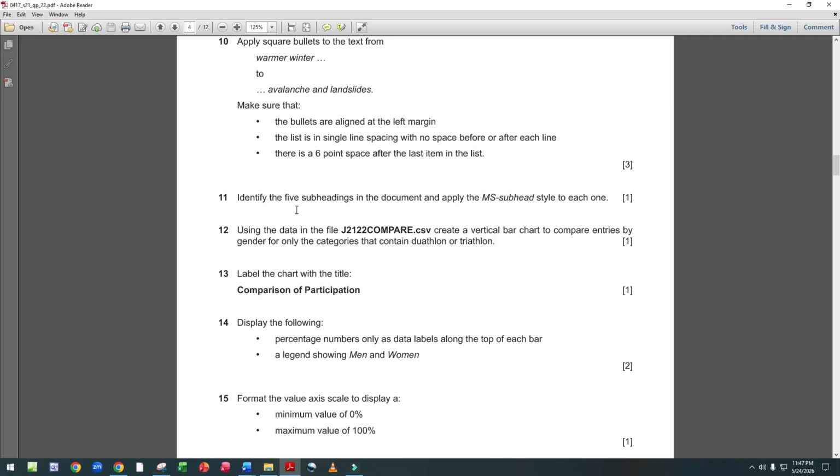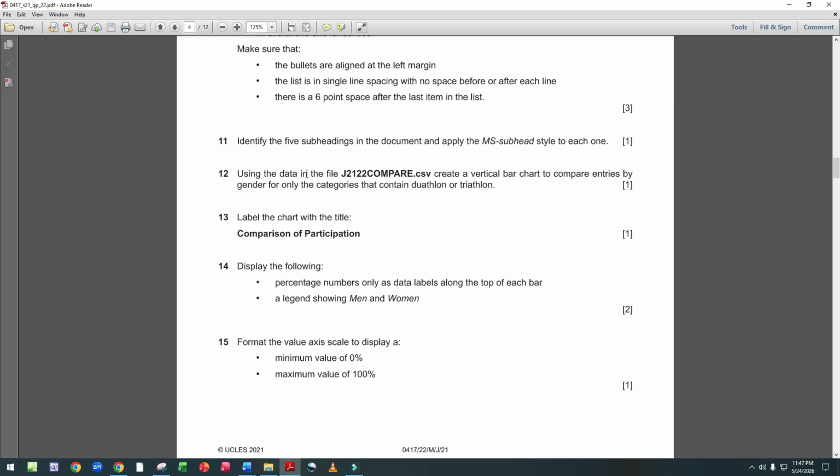Now come to step 12. Using the data in the file J2122 compare.csv, create a vertical bar chart to compare entries by gender for only the categories that contain duathlon or triathlon.